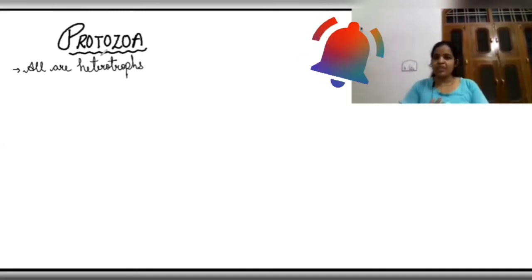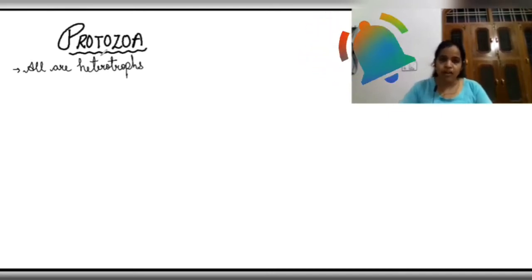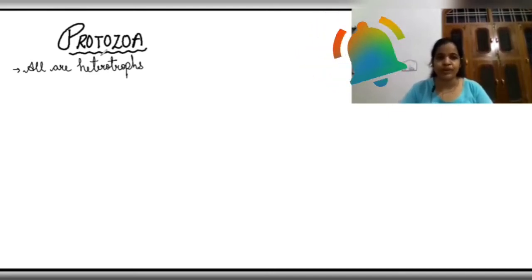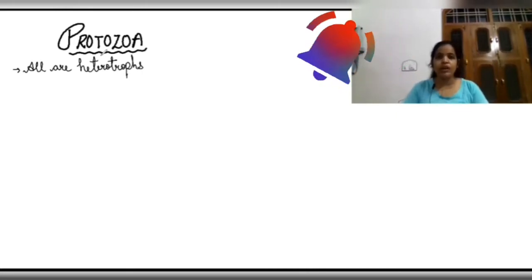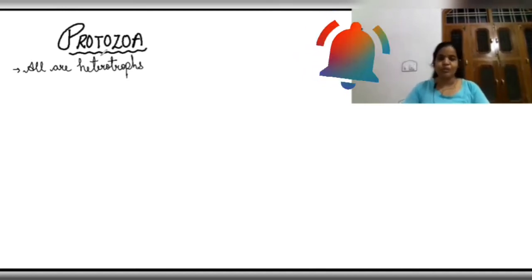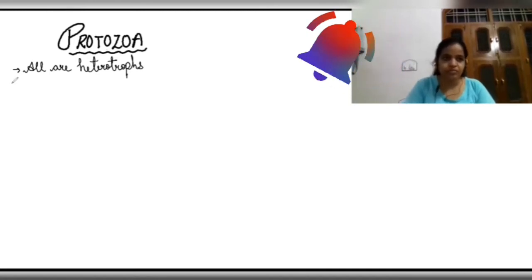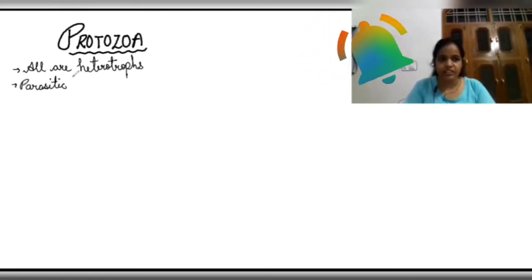It means that either they will hunt the organism, means they will hunt their prey and feed on it to get the nutrition, or some of the protozoans will live on some other organism that is known as host, will not kill that host but they will just get the nutrients and keep harming the host. So protozoans can be parasitic also or they can be predators also. So we have the next point: parasitic or predators.